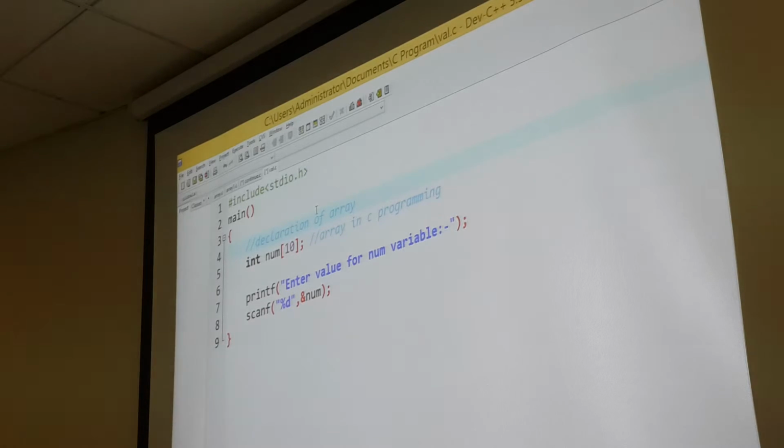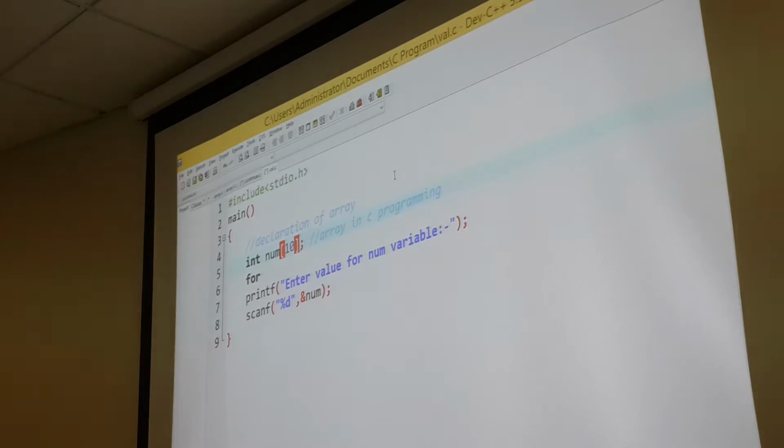So if I tell you to declare one array with size 10, you have to declare it like this. Just give a size to your variable and use it. Now to use this variable, we need to use loops. As you know, we are going to enter 10 different values into this variable, so we have to run one loop 10 times, because the array size is 10.